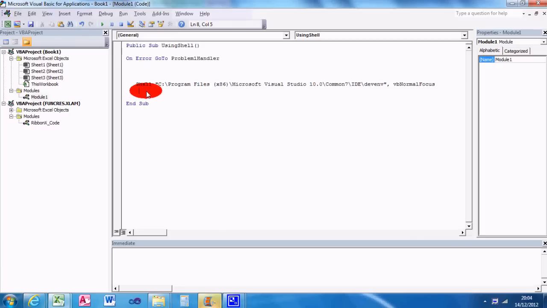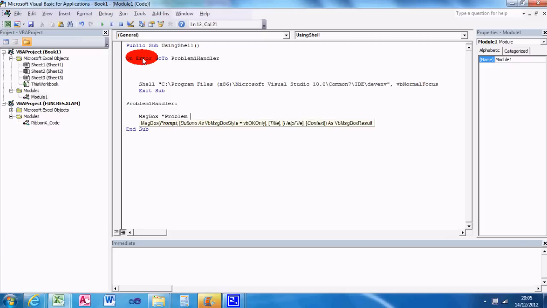With error handlers, after this you need to be able to exit the sub, because I'm going to use a message box, and if you don't do that, the message box will appear even if it loads successfully. So it is important that you put exit sub after this. So that's what we want to happen if it's successful. But if it's unsuccessful, we want a problem 1 handler, and you need to put a colon after it, and I want to put message box, problem loading application Microsoft